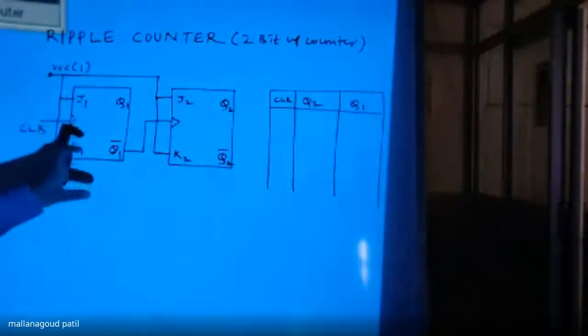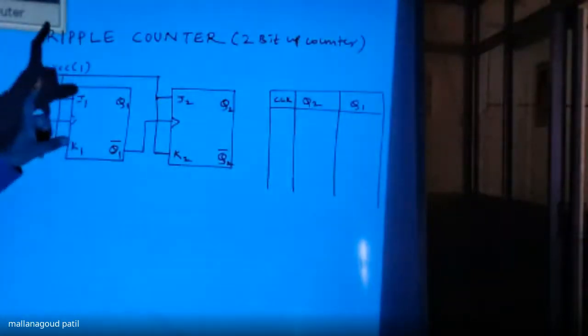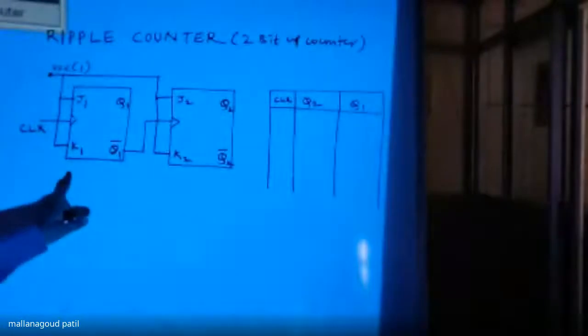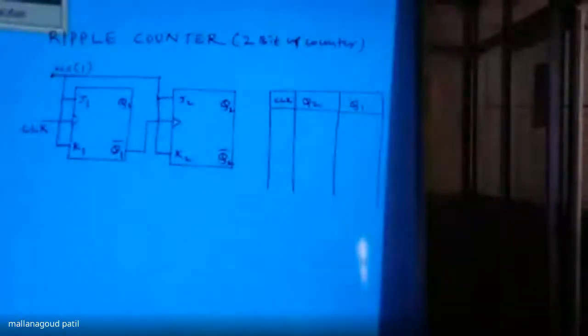Next, how the circuit behaves: the ripple counter operation. The ripple flows from one flip-flop to the next. Unlike a synchronous counter, all the flip-flops do not execute simultaneously. A synchronous counter executes all flip-flops at a time with one clock, while here each flip-flop is triggered from the previous one. Either you consider it as a positive edge or a negative edge.